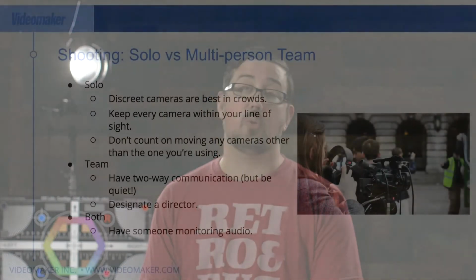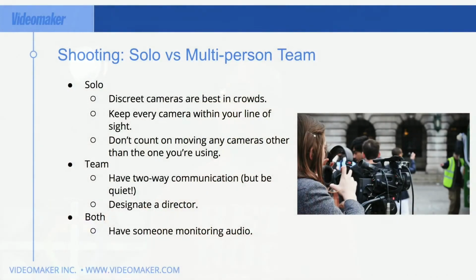When you're working in a team, have two-way communication. So headsets are really key. And what that's going to allow you to do is if you are, say, the main camera, and say it's a wedding, and you're shooting a wedding, and you want to get a close-up of the bride, but you as the A camera are just on a medium shot of the,